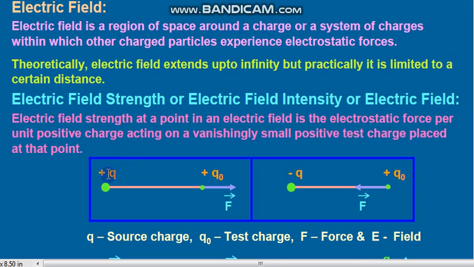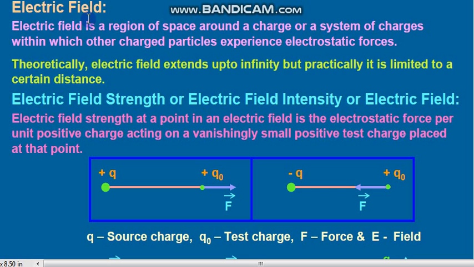It would have had force in the direction q to q0. So what I find is that whenever any charge comes near the other charge, there is either a force of attraction or a force of repulsion on it, and that is basically explained on the basis of the electric field concept. Like, we all are staying in the earth's gravitational field, and that is the reason we all are experiencing the force of our weight. So our weight can also be explained in terms of the gravitational field concept.